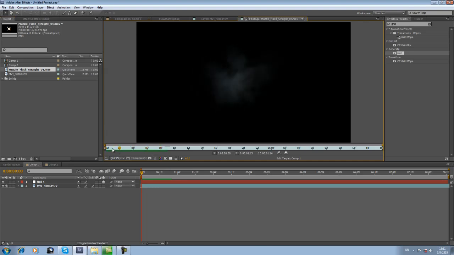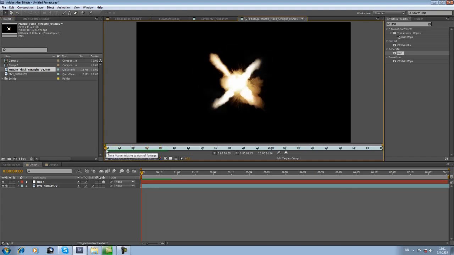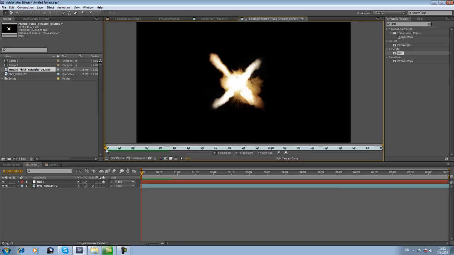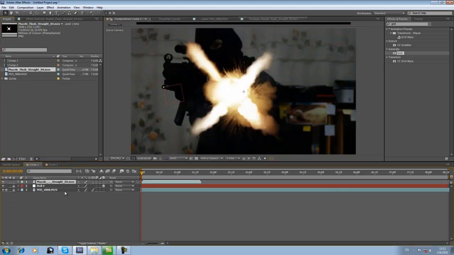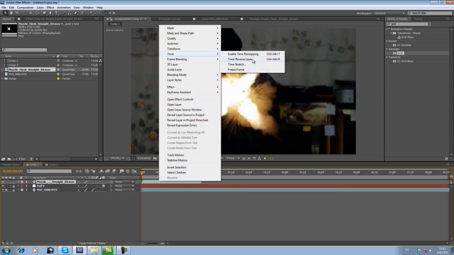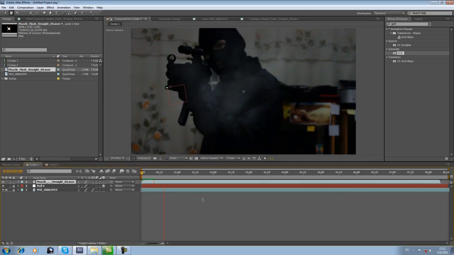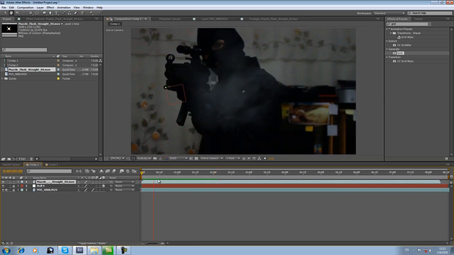Okay, and all these elements I got from Action Essentials 2, which is from Video Copilot. If you wanted, you could just buy it online, but we are going to use these elements from this collection. Alright, the next thing is we're going to just drag it down here. Okay, maybe lock these. And we are going to adjust the speed by right click, time stretch, and let's try 500. As we could see, it's still too fast, so let's do